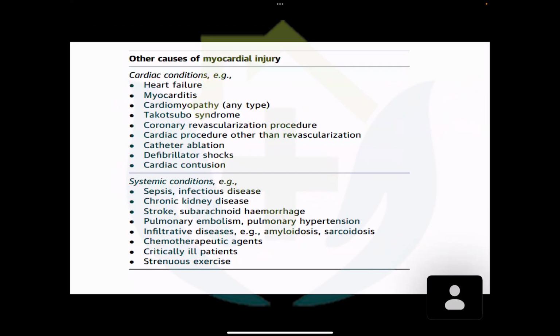Okay. So moving on, other causes. We all know that there can be other causes. The cardiac conditions we won't discuss. The systemic conditions like sepsis, infections, CKD, subarachnoid hemorrhage, pulmonary embolisms, then the chemotherapeutic agents, especially doxorubicin, daunorubicin, in general critically ill patients, and amyloidosis, sarcoidosis, which I think are not that common. Sarcoidosis is a bit common, especially if you're working in a pulmonary ICU like I am. But amyloidosis, yes, it's a bit rare. So a lot of systemic conditions can cause this